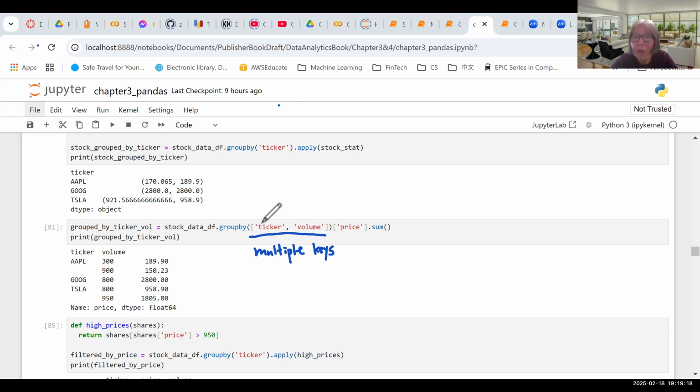So here we are going to do group by two columns, ticker column and volume column, okay? And then you're going to pick the price column to do the group by, group by ticker and the volume column, okay, for price. After that, you're going to do the summation for the aggregation. So if you take a look at the result, you will see here, basically for this result